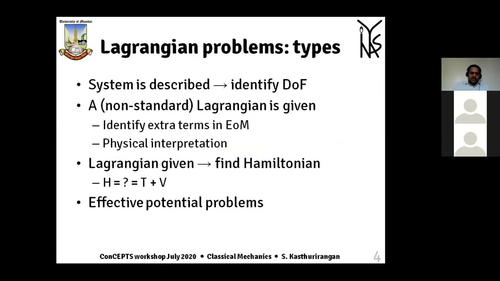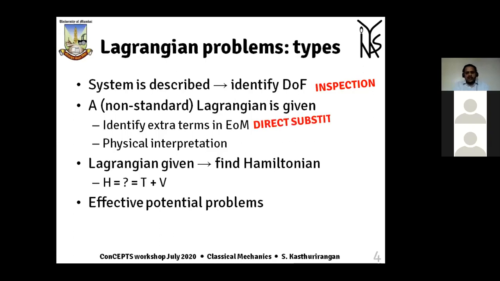Lagrangian problems can be of different types. For example, a system is given and you are asked to write down the Lagrangian by inspection or to identify the number of degrees of freedom. Mainly this is done by inspection. If by looking at the description of the system it doesn't strike you, then please skip that question and move ahead. Most of the time this kind of question can only be solved by inspection. It means if you know, you know. If you don't know, please go forward. That is the idea with this kind of question.